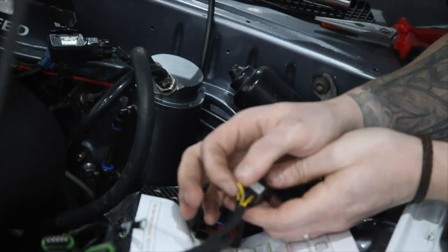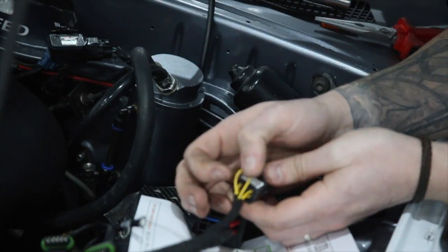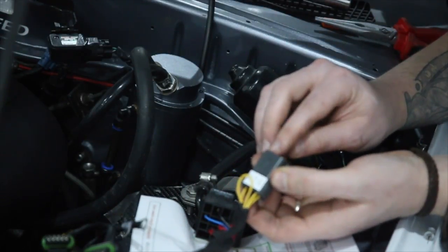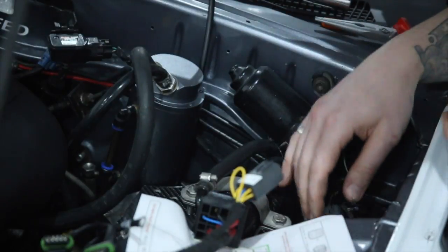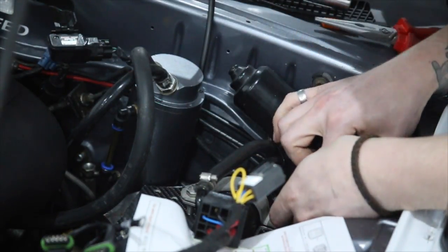Now you'll see this loop here. Because I'm on an Apexi ECU, the leading uses the same signal. So we've got leading 1 and leading 2 at the top. It doesn't matter which one of these we put it in. So we know our leading wire is solid green. So let's pick that one out,